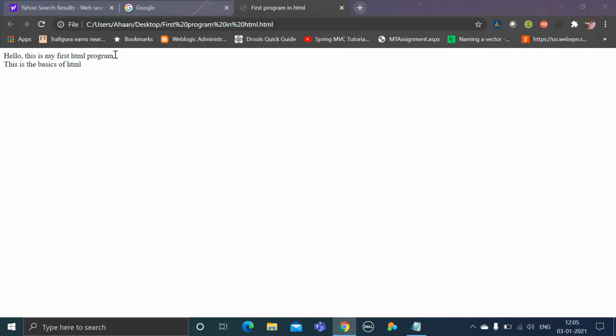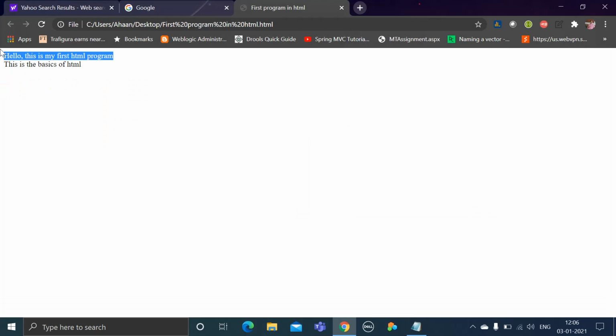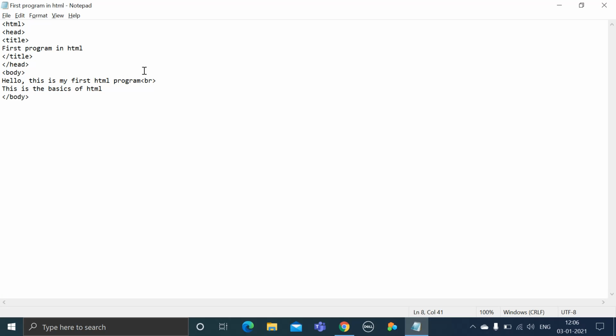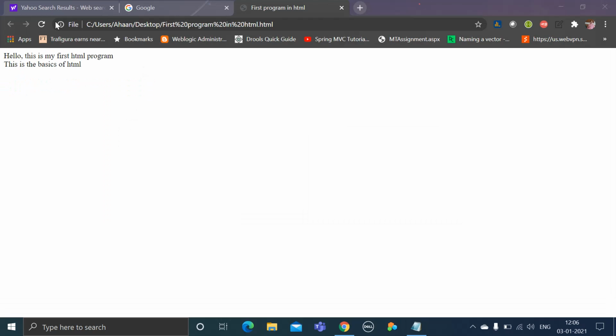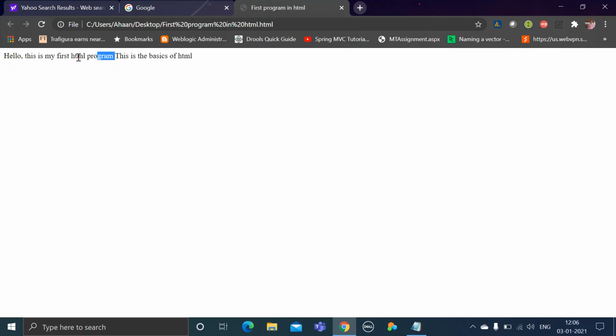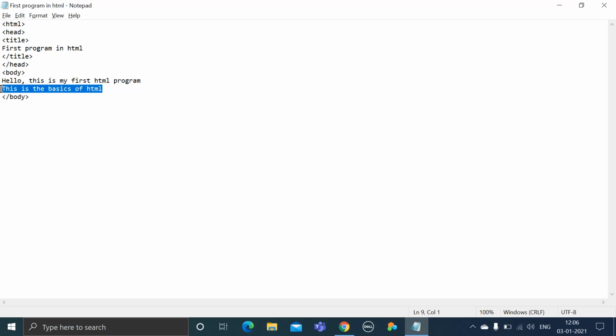So what it does is, you have written this line, and then it takes the cursor to the next line, and then writes the code after the BR tag. For example, if I remove the BR tag and then reload the site, as you can see, both the sentences are in the same line, but even though we have put both the sentences in two